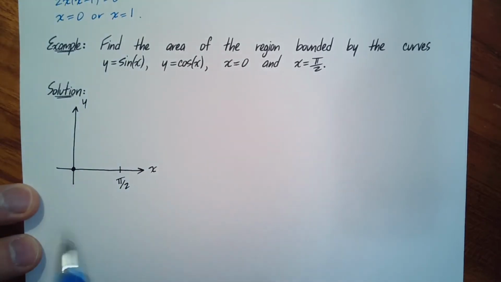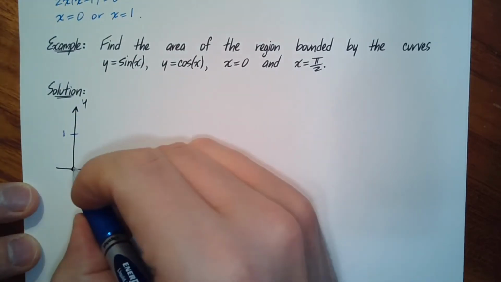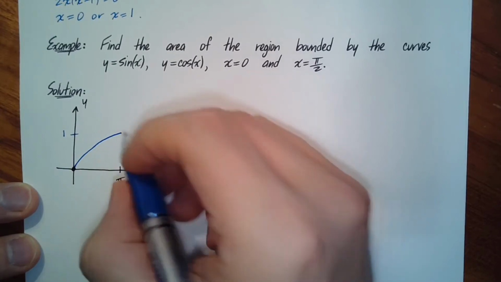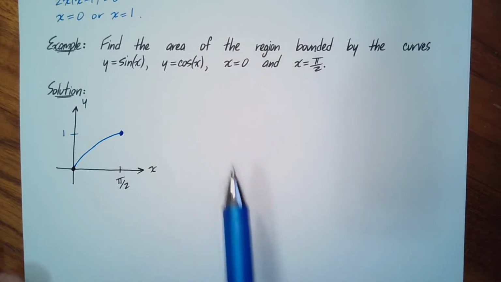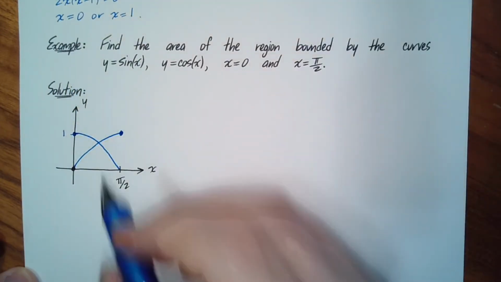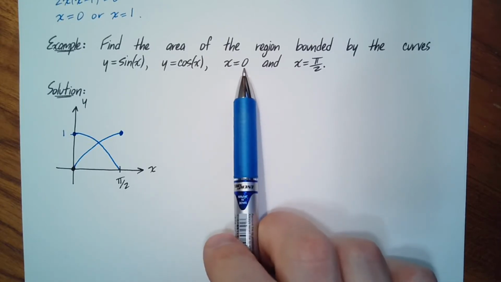So let's start with sine of x. Well, sine of x starts at the origin and increases. And then right at pi over 2, it hits a maximum of positive 1. That's what sine of x does between 0 and pi over 2. And then cosine of x does the opposite, right? It starts up right on the y-axis at the point 1, and then it works its way down, and it actually hits a 0 at the point pi over 2. So cosine of pi over 2 is actually 0. So that's the behavior of the functions sine and cosine on the interval between 0 and